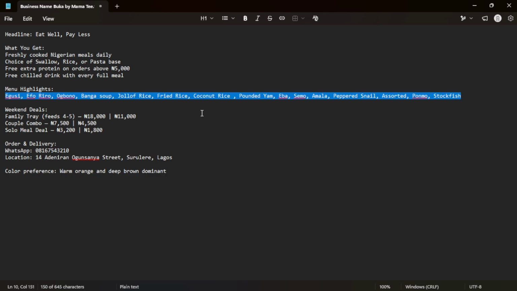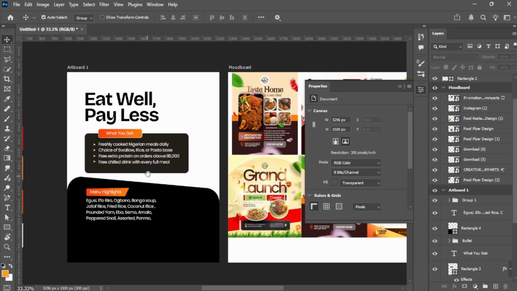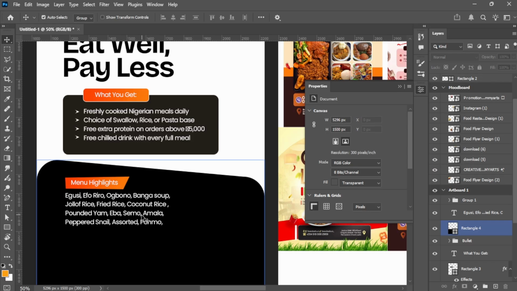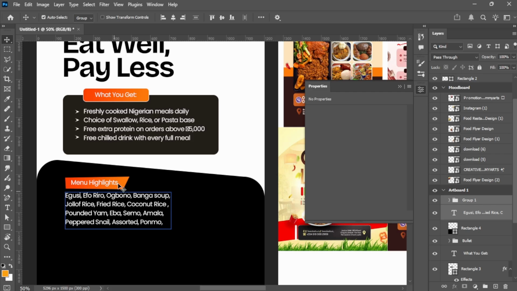What's next do we have? So we have the weekend deals. That's the next section. Honestly, I think we don't have much space again. So what am I going to do? I'm going to select every text I've worked on so far. This,